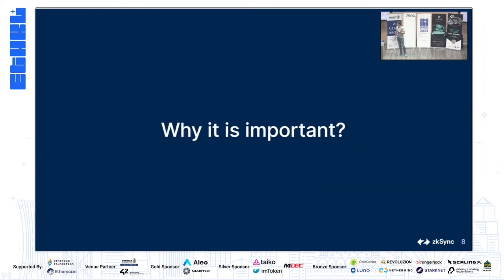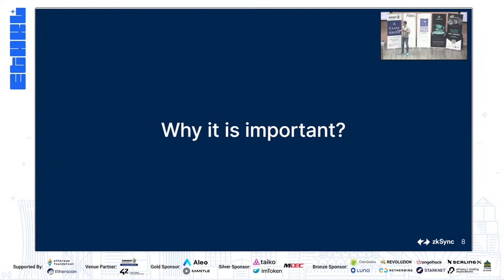So why is it important? In more than 10 years already in the crypto industry, many helpful tools have appeared that provide us visibility of the chain and help us identify and monitor networks, products, and projects. But still, we see that incidents happen, and most of the incident alerts come with a huge delay.